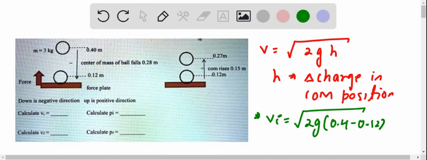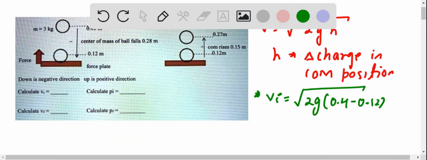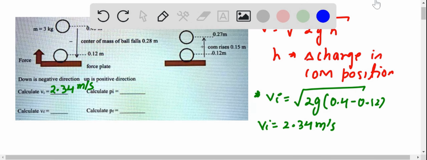Now let's find the value of it. So we need to find the square root of 2 times g, which is 9.8, times (0.4 minus 0.12), and the answer for it would be equal to what? The vi we get is 2.34 meters per second. Okay, vi is 2.34 meters per second. Similarly,